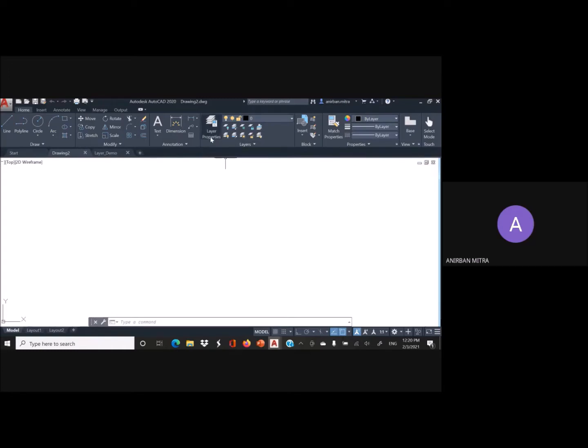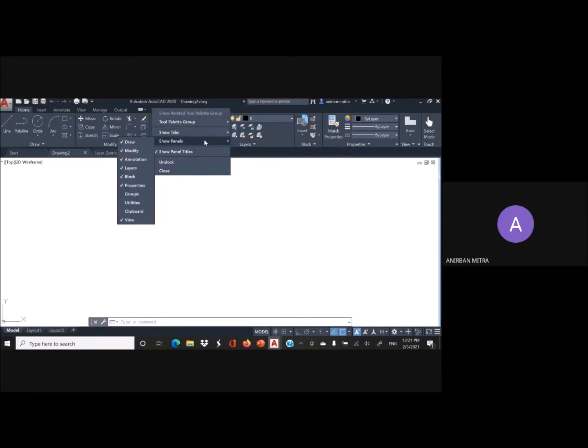There is a layer properties button, there is a drop down menu, and there are certain shortcut buttons right below the drop down menu. Now, sometimes it may happen that this layers panel is absent from the Home tab. In that case, what you need to do is go to this empty ribbon area above the panels, right click here and go to Show Panels.